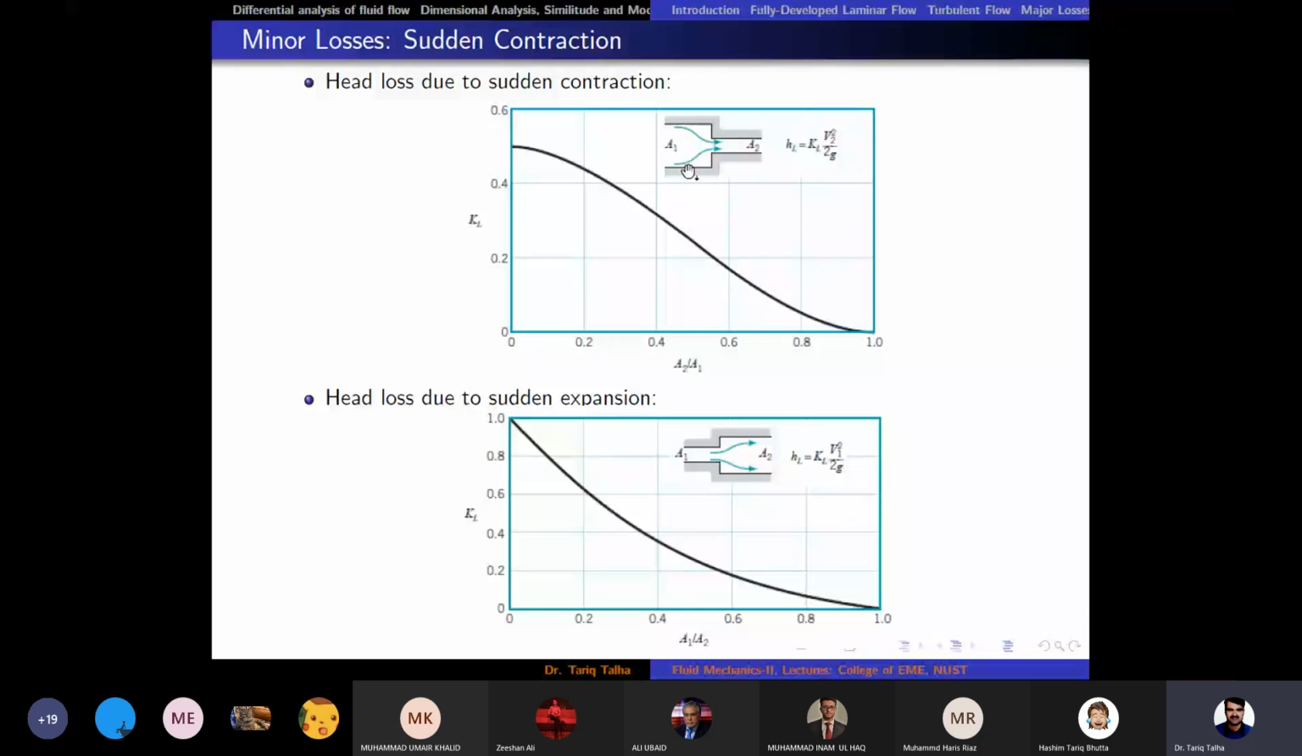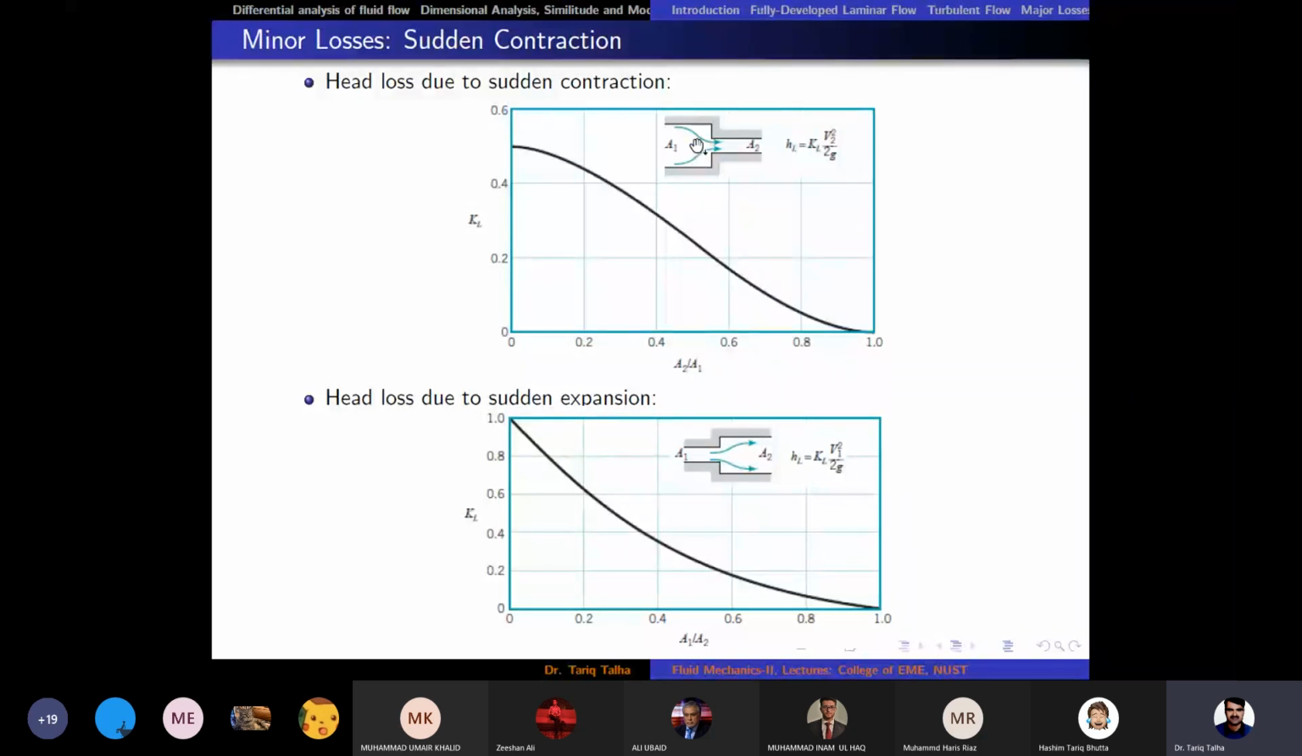That is the case of the entry of fluid from a large reservoir. For that case, the KL value was 0.5 as we discussed. But if we increase the value of A1, so what will happen? A2 upon A1 would be less, because we are increasing the denominator. So it means that in that case,